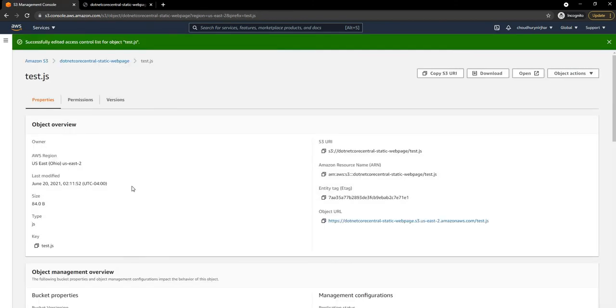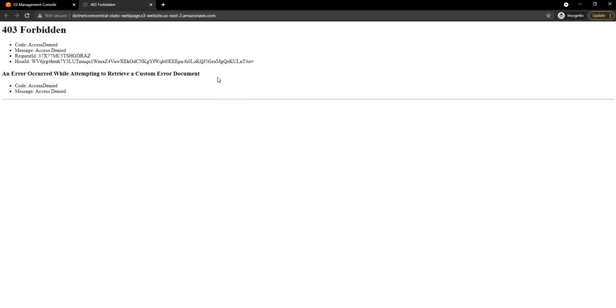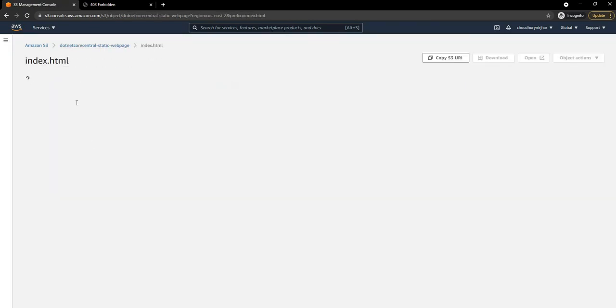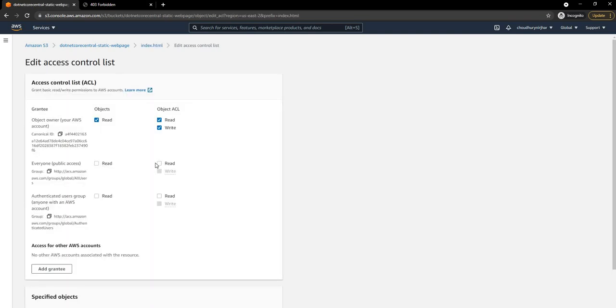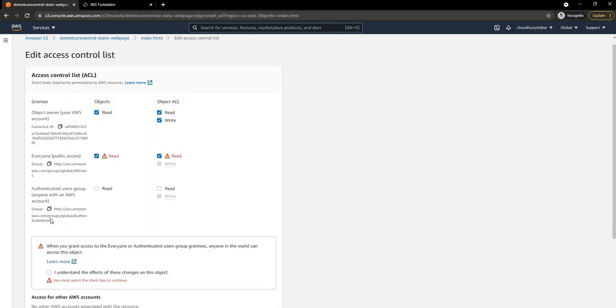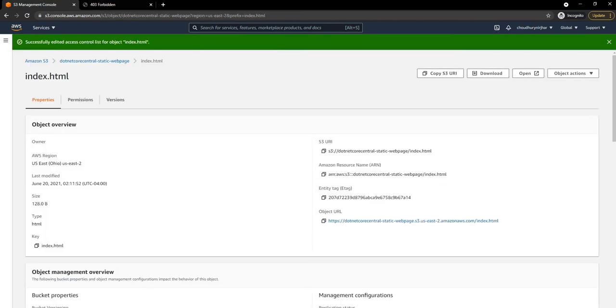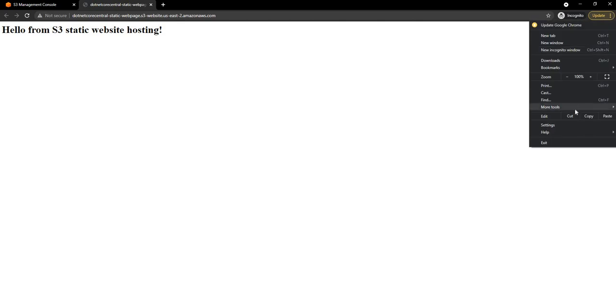Save changes. And now if I go back here and refresh, well, the permission for this one got changed because I uploaded the file. So I'm going to do this again.